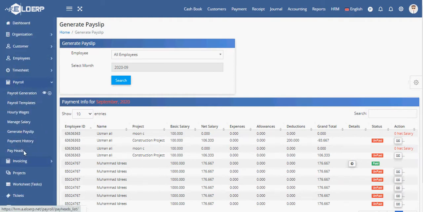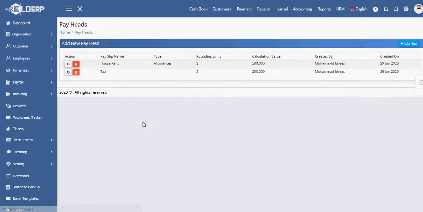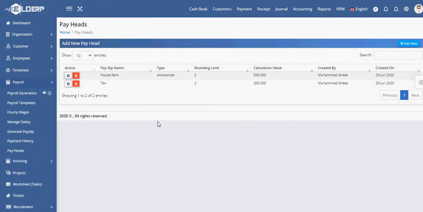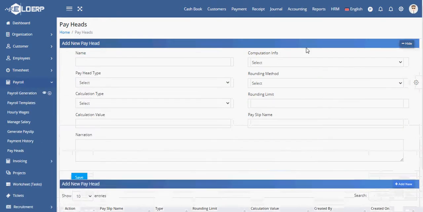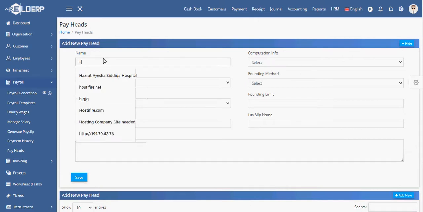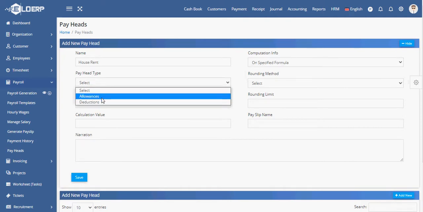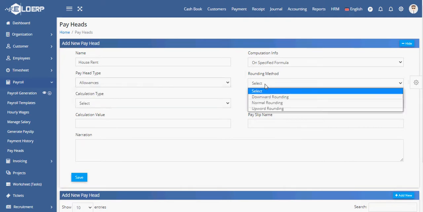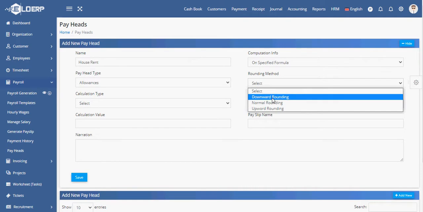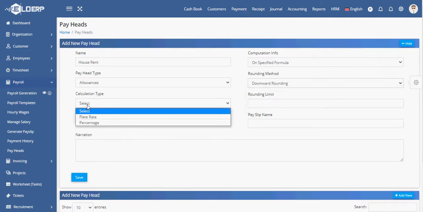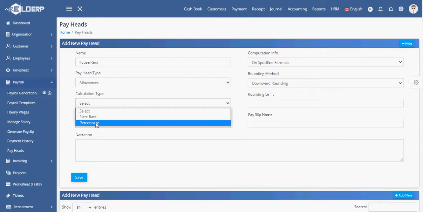So here are the pay heads. In the pay heads, we can define multiple heads like house rent. If it is allowance or deduction, it's allowance. We can define the rounding formula. Calculation is flat rate or percentage. If it's percentage, then it will be the percentage of basic salary.